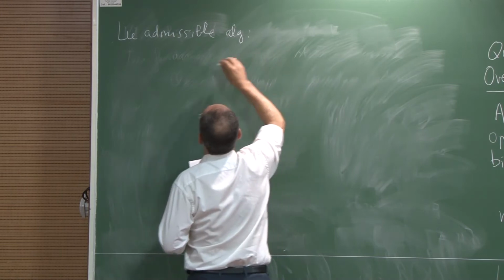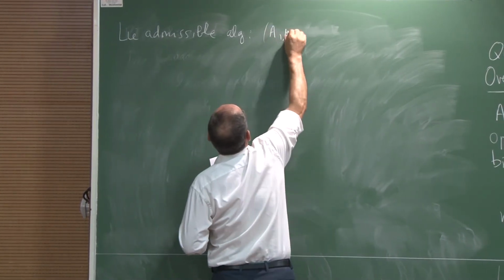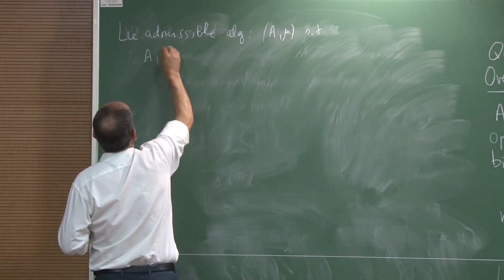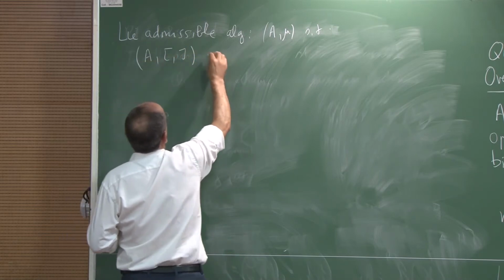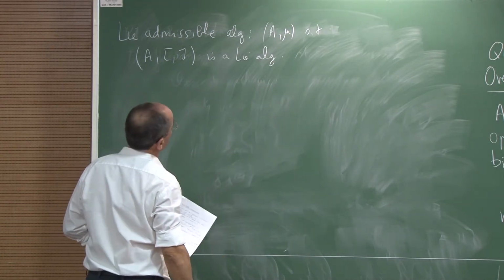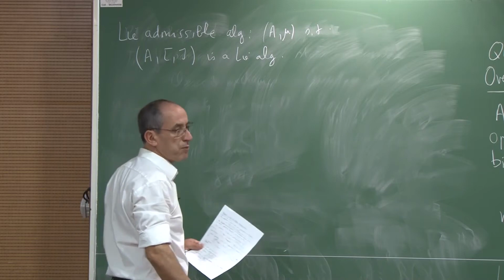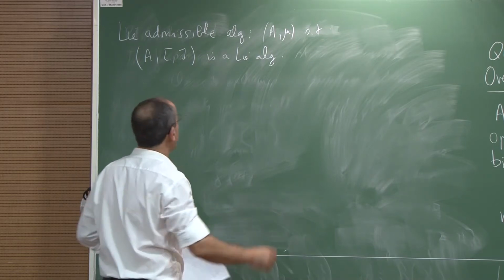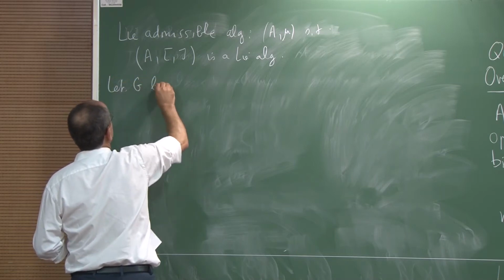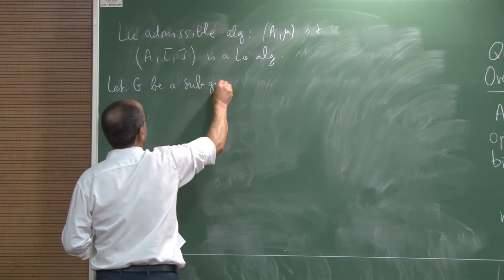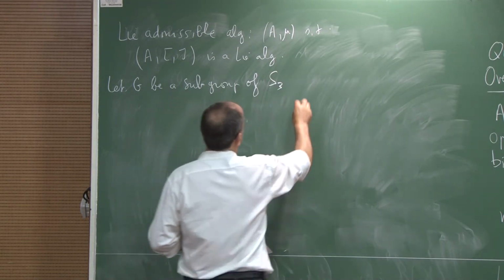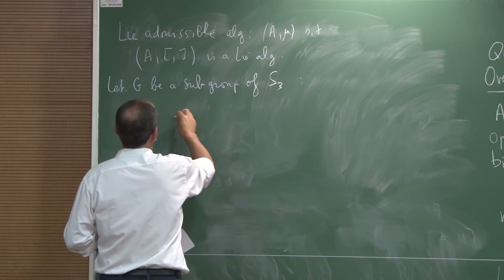Then the Lie admissible algebra is A mu such that A with the commutator is a Lie algebra. And these algebras can be classified using subgroups of S3. Let G be a subgroup of S3, then you can define